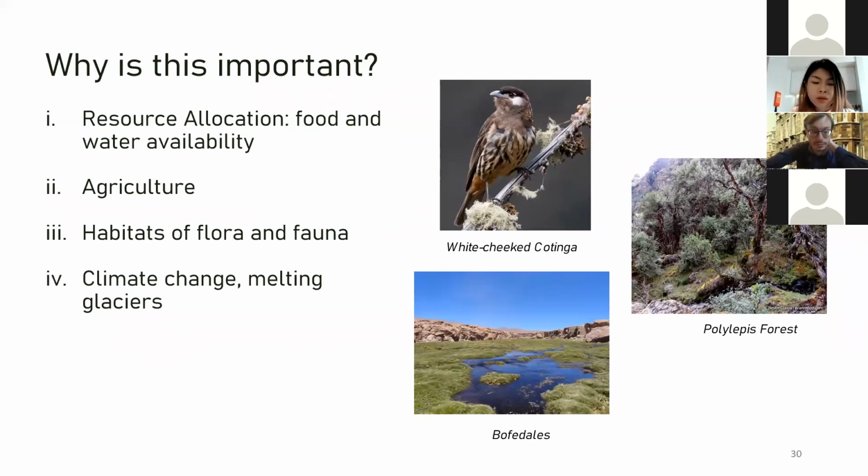And third, shifting climate zones also means shifting habitats. We might find species of flora and fauna where they have never been observed before, and this could be predicted